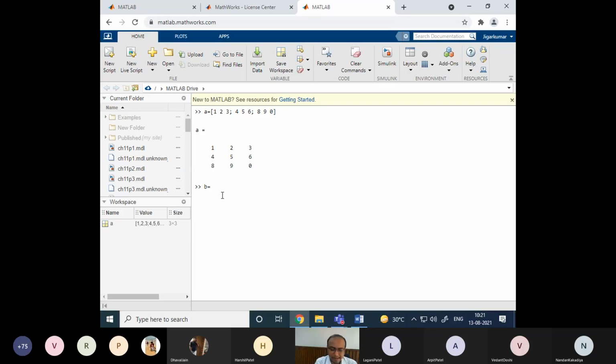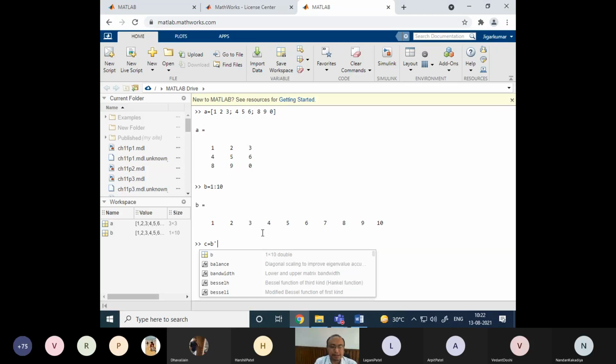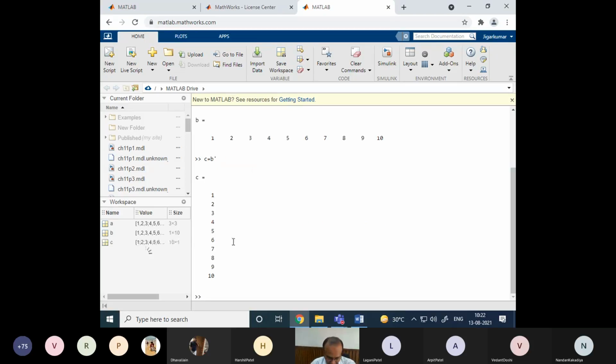If I write B equal to 1 colon 10, then it creates a row vector from 1 to 10, with values from 1 to 10 with an increment of 1. So it's a 1 cross 10 row vector. I can create a column vector by writing, say, C is equal to B dash, that is the transpose of B. So you can see it's a column vector.